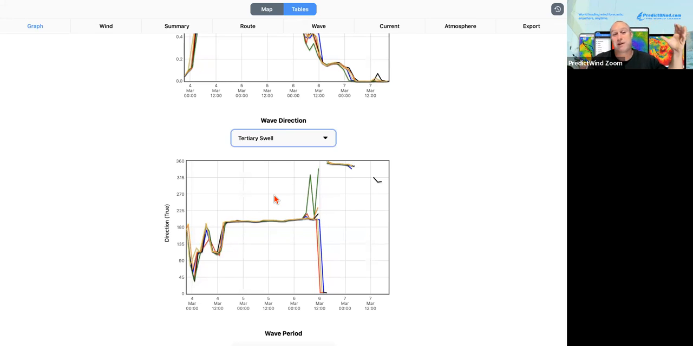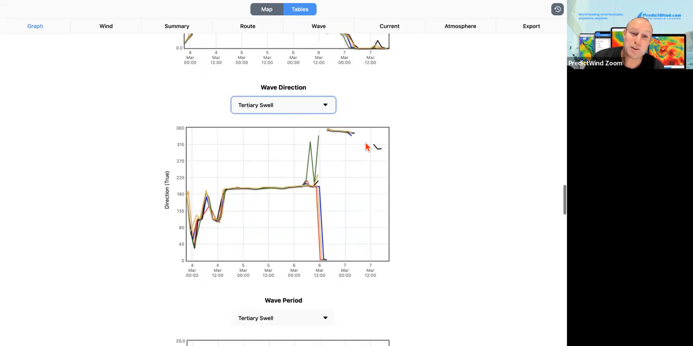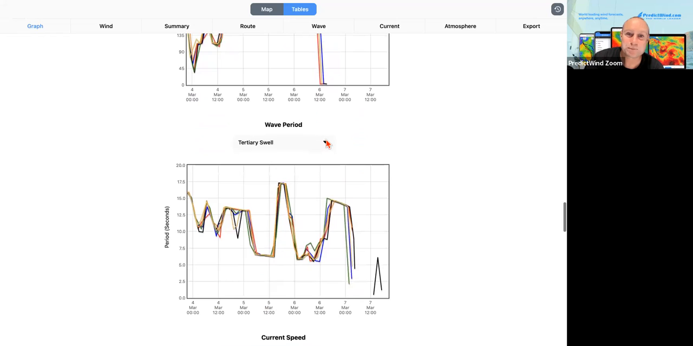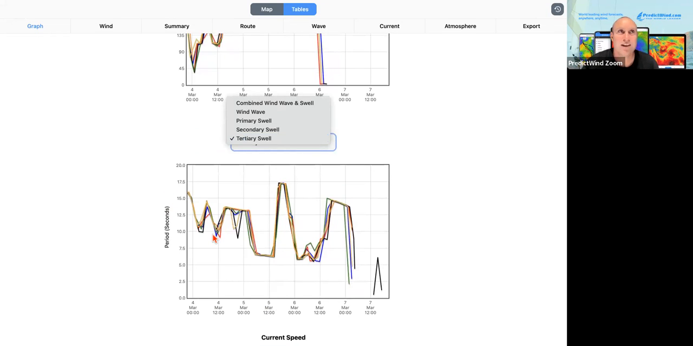Generally, if you've had a big weather pattern go through and it's moving and it's a tight system, you will end up in this sort of situation. So basically, all of our wind wave, our primary swell, our secondary, and our tertiary are all going different directions. And just to double down on that, let's have a look at the period. They can all be going different directions, but if the period is different,